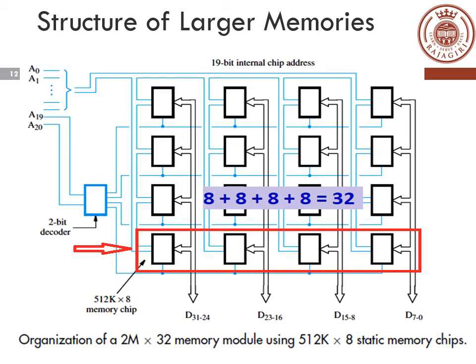Now our second requirement is to have 32 bits of data in each memory location, but using our available memory chip we are having only an 8-bit size. So if you arrange the blocks horizontally in this way, altogether we can have 8 into 4, 32-bit data. So you can name the data as D7 to D0, D15 to D8, D23 to D16, D31 to D24. So finally D31 to D0, 32 bits of data.